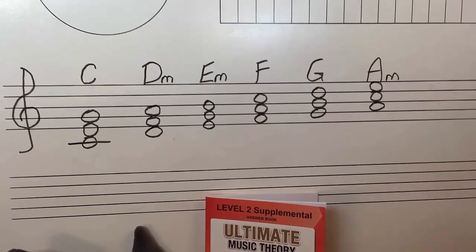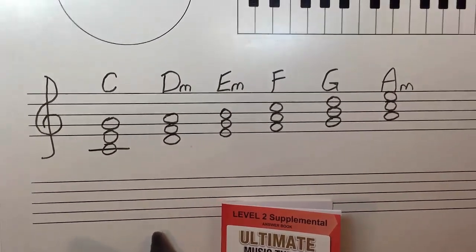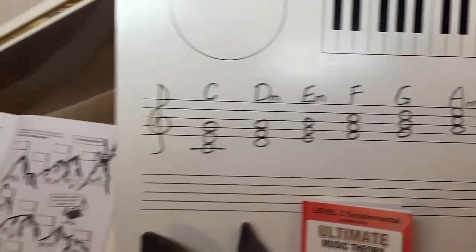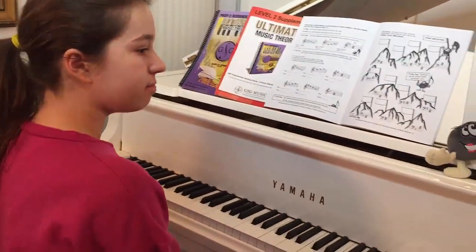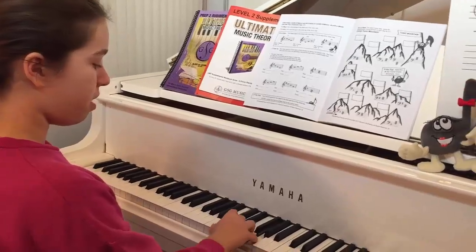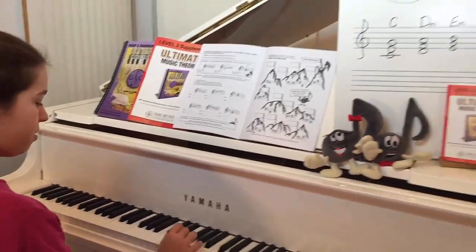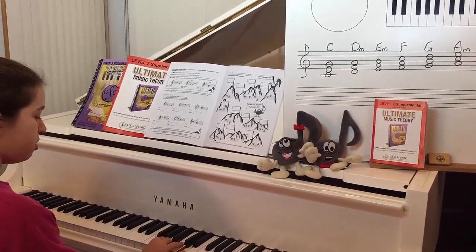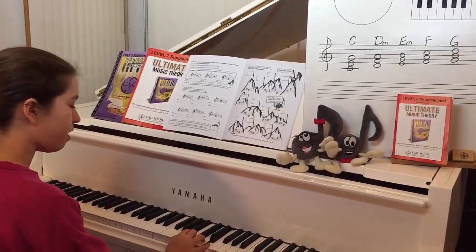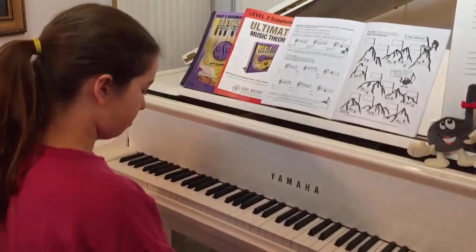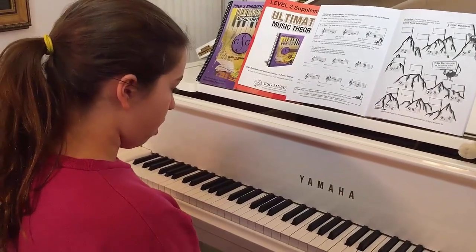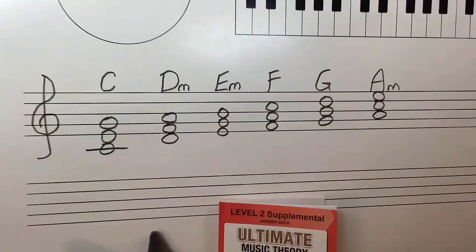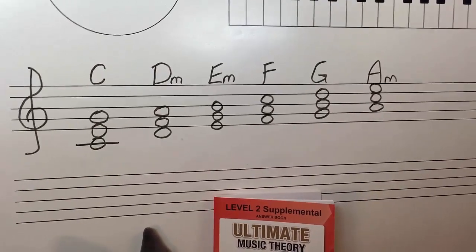So I'm going to have you go ahead and play what you've written out here on the whiteboard, and I want you to identify the root quality chord symbol as you're playing it. So the first chord you're going to play is C major. C major, and then D minor. D minor. E minor. F major. G major. G major. And E minor. Very good. And are all of those chords also in the key of C major? Yes, because we didn't have any black keys, right? No. So every one of these tonic chords is also in the key of C major.